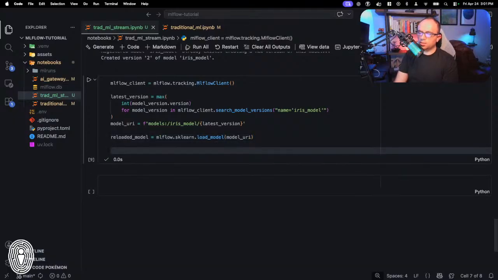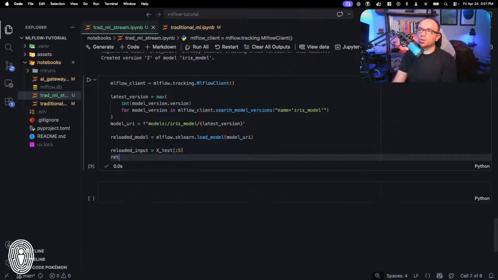And then we're going to reload. We're going to just get a simple input here. I don't know why I called it this, kind of silly on my part. Reloaded input. We're not reloading anything. So we're just going to grab a couple rows here. Reloaded predictions. I think I just got a little bit slap happy with the reloaded term here. Reloaded_model.predict